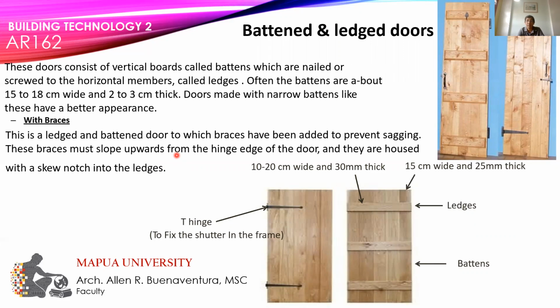As you can see in the drawing, in the picture, this type of door was very much used in the early 1900s. This is the early type of door, the batten and ledge door. As you can see, there is no frame on the door. It is connected by battens and ledges. The ledges make sure that the battens don't move. The ledges are where you will hinge the door. You can hinge it, nail it, or screw it to the battens and ledges.